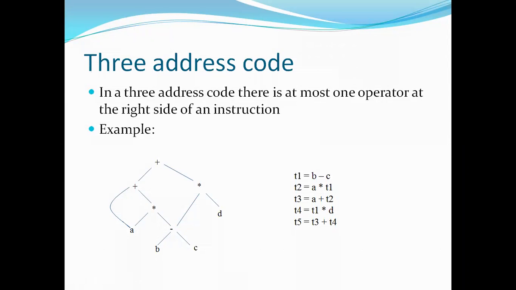Make a note of this. In three address code form, at most three addresses are used to represent any statement. At most three addresses. Make a note of this. And here we have a representation, for example, T1 is equal to B minus C. In T1 is equal to B minus C, B and C are the operands. And sometimes T1 is also an operand, but it comes under the compiler generated temporary.